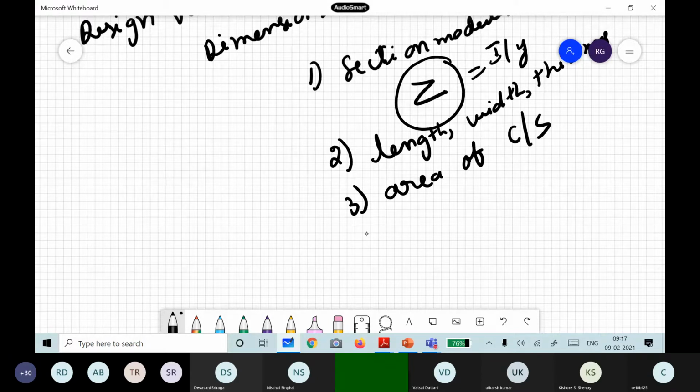Then if you are doing long columns, what are the important design variables for slender columns, apart from area? Slenderness ratio. Now, what is slenderness ratio? Essentially, what do you want to find out? How do you calculate slenderness ratio? What parameters do you require?